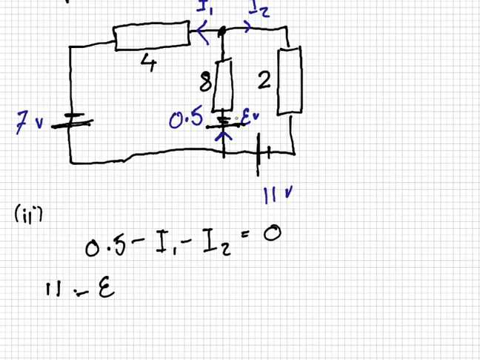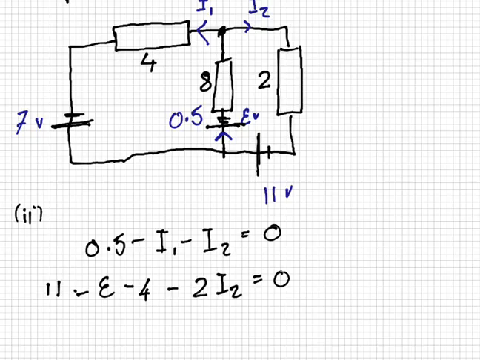We will take E as plus. If we had the sign the wrong way around, E would be the same number but a different sign at the end, so it doesn't matter too much in this case. 11 minus E minus 8 times 0.5. So that's 4. Minus 2